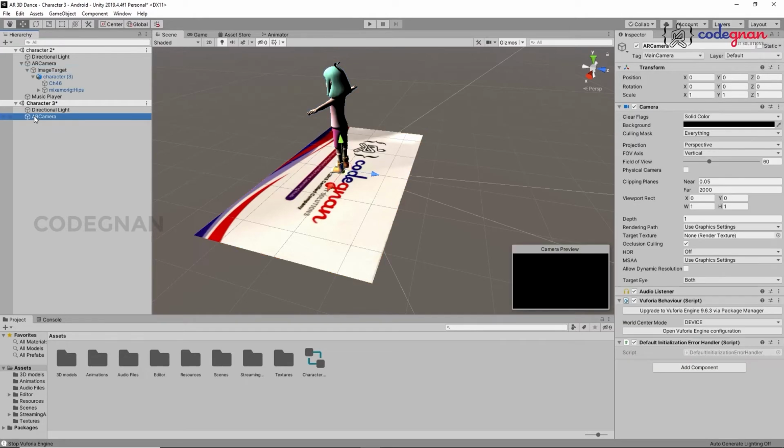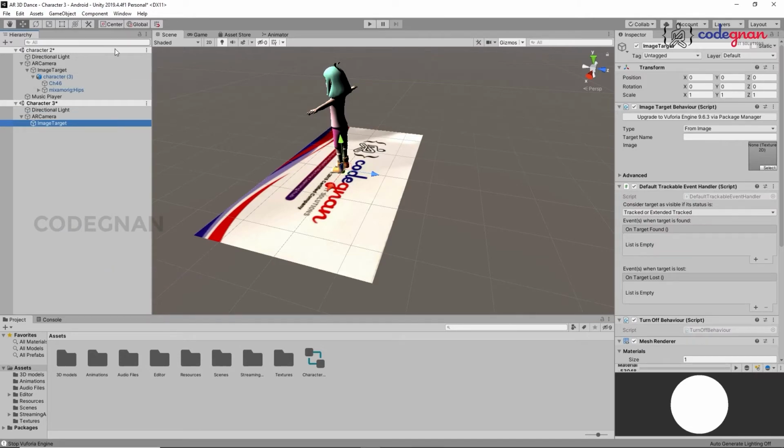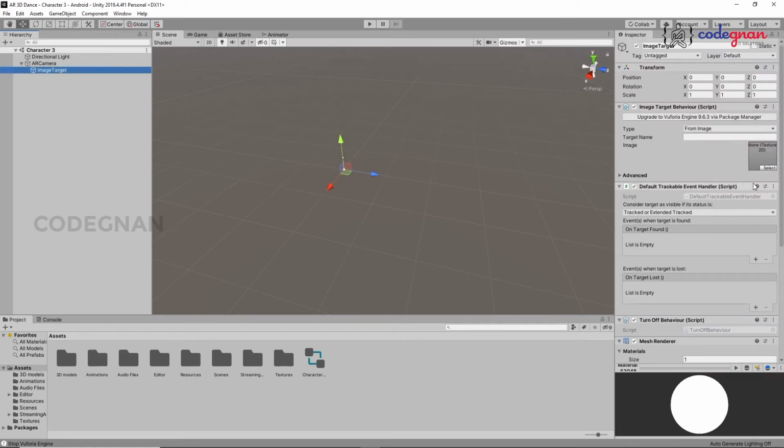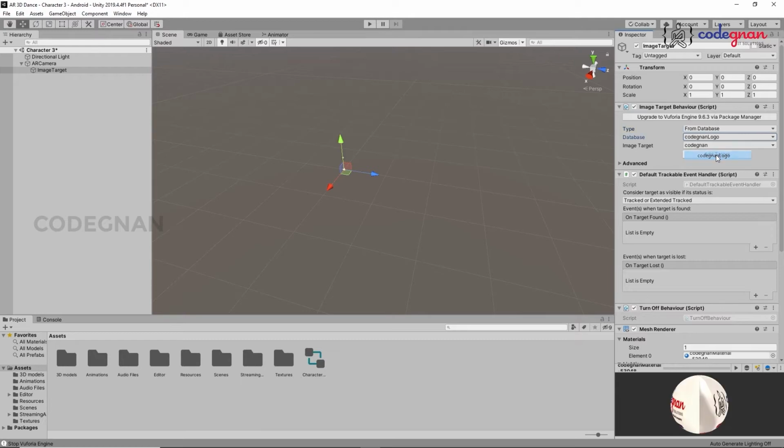So we have to create our own by selecting image target. Before that, remove this character 2. Click on Ctrl plus S and remove this character 2 here, so it will be visible in the scene window for us. Select the type; in type, go to database and in database select Codename logo.